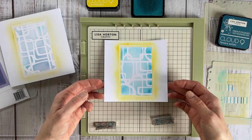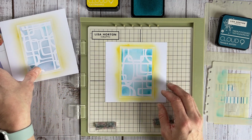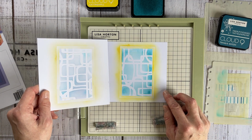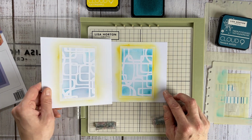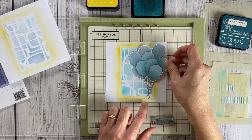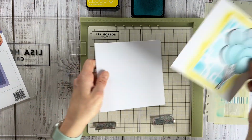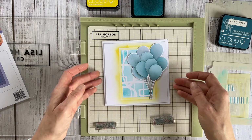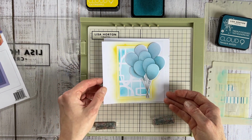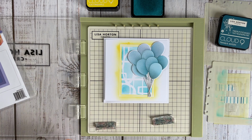It's a really nice flat background, and imagine that we've got heart stencils that we can use in there. We've got leaves, we've got vines, and you can see actually that that's an awful lot bolder than the original one that I've done, but my thinking behind it was that you can use that for your balloons, and we can mount that onto a card. I quite like the white mount straight onto a card blank there, and I would possibly even put some 3D foam just to raise that a little bit, but we can use that for the balloons, and that really doesn't need much more on there except for a sentiment,